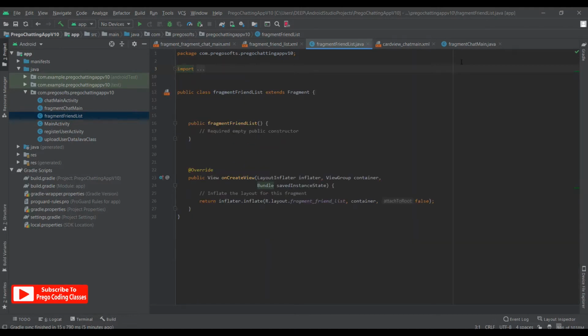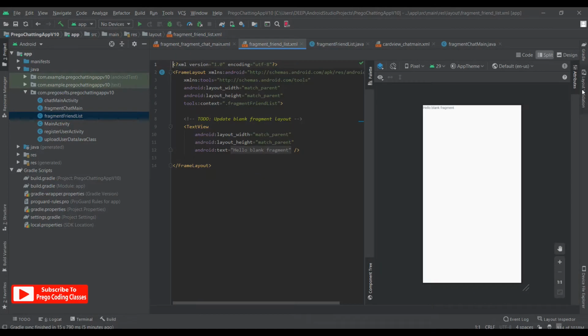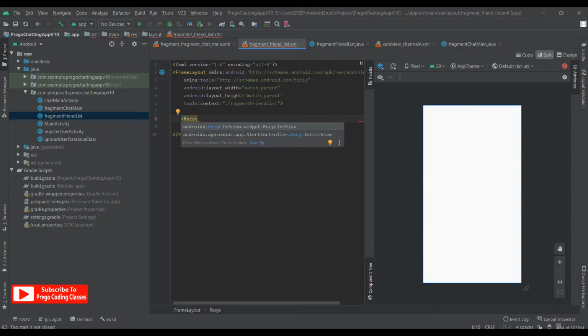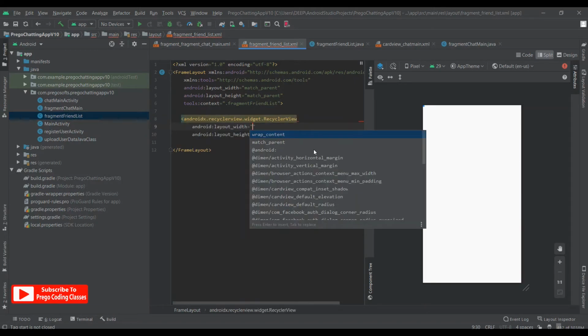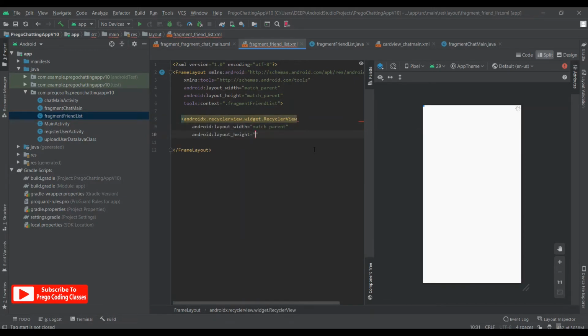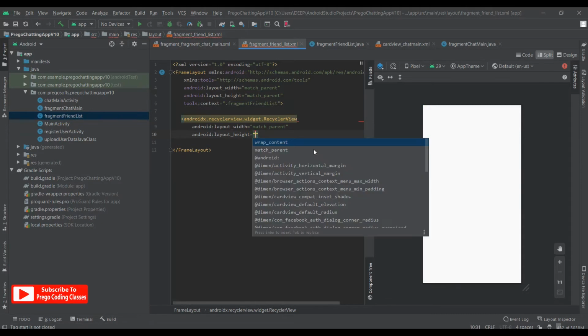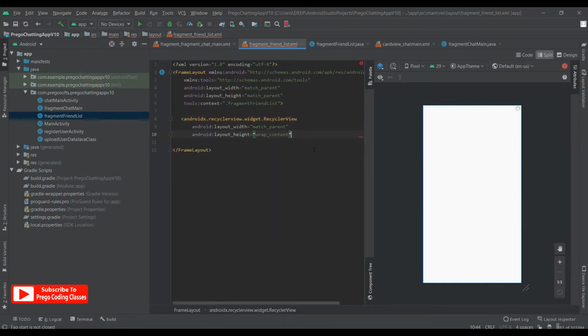That's done. Now we'll check in the imports if there's anything we don't need. No. So that's done, and we'll jump on to the friend list XML. Over here you see there's a text view given by default, so we'll get rid of it and we'll use a recycler view. Over here, for the recycler view, we'll give a width of match parent and height of wrap content, and that's it.